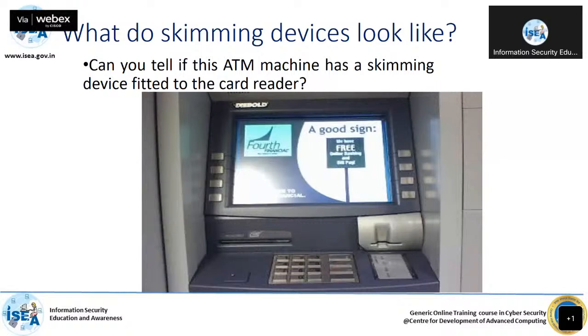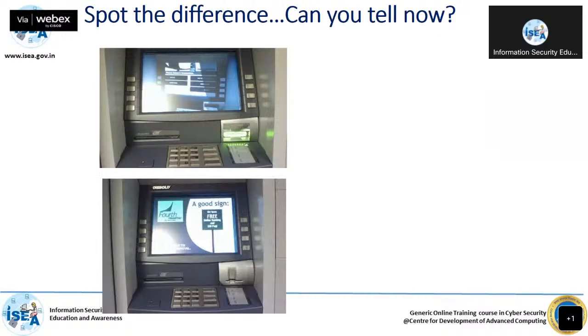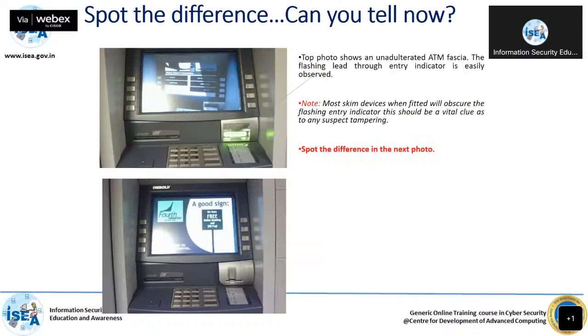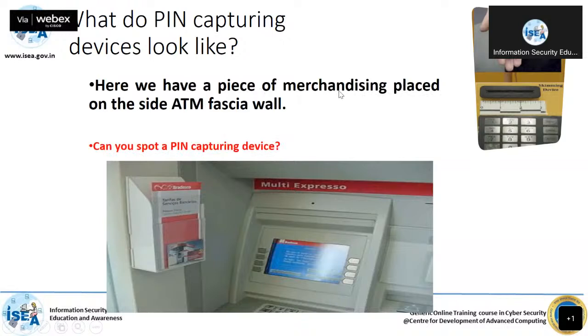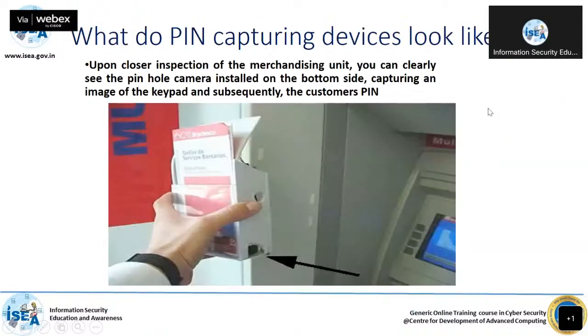No, sir. Very good. So now you can identify the difference: the top one is a genuine ATM, and the bottom is the same ATM machine, with and without a cap, right? The bottom ATM machine has a cloning device. This is a cloning machine which will capture all your credit card details. And you can see here they have set a camera, so through that camera they can capture whatever PIN you are typing.